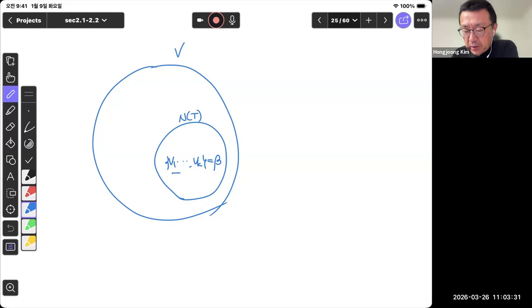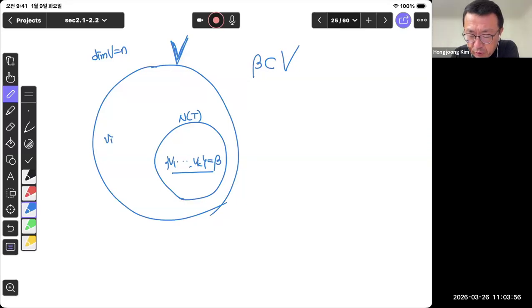Then given this basis as vectors in V space, I can extend, right? If the dimension of V is n, then I require n minus k vectors. So there will be v(k+1) up to vn, so that you have n minus k vectors